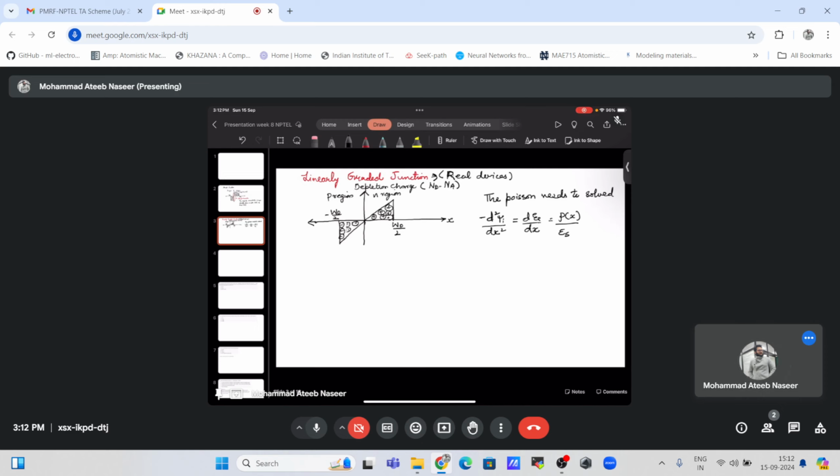Now, the charge rho of x is simply q times p minus n plus a x. Okay, so this a is the doping gradient,